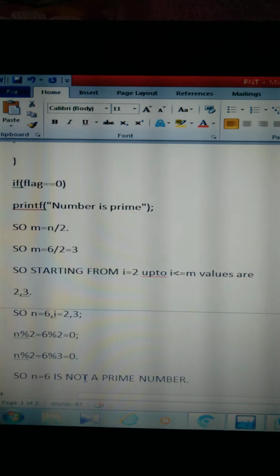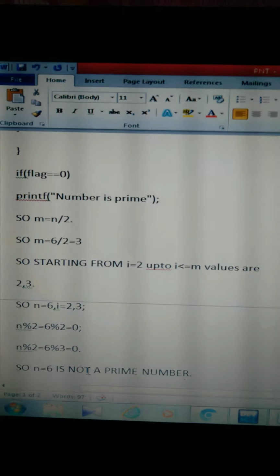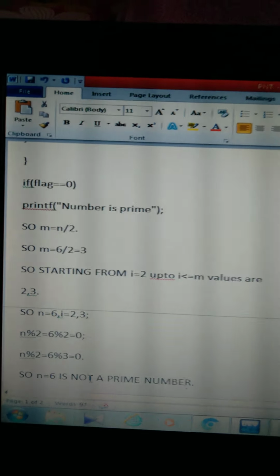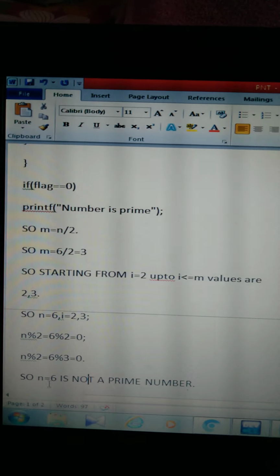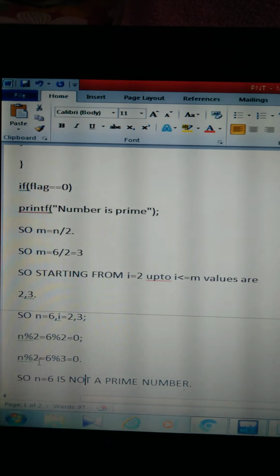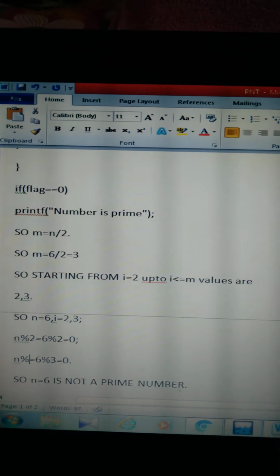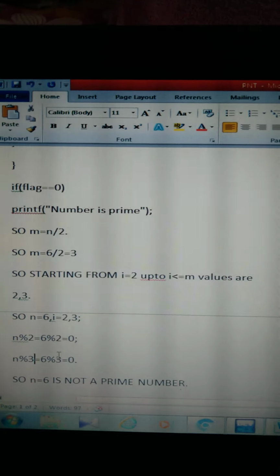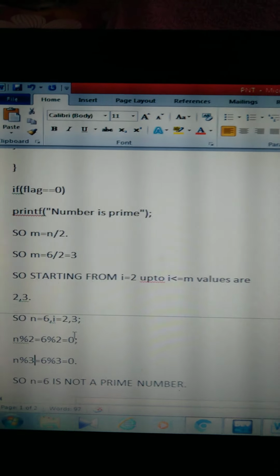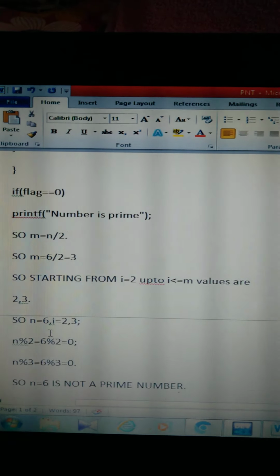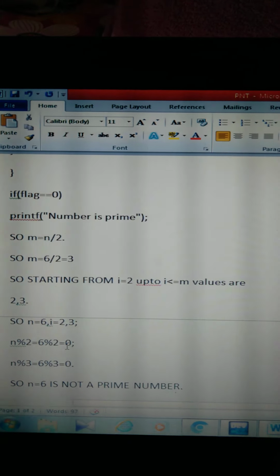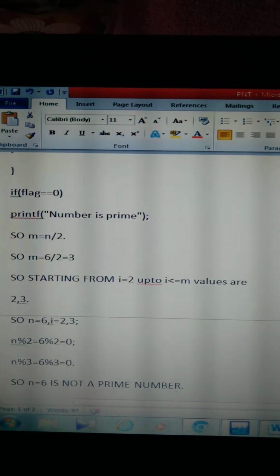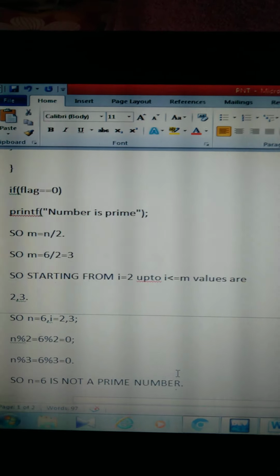Then the remainder is 0 here for n modulo i values. For all the i values, finding modulo with 6, 0 is the remainder. So 6 is not a prime number.